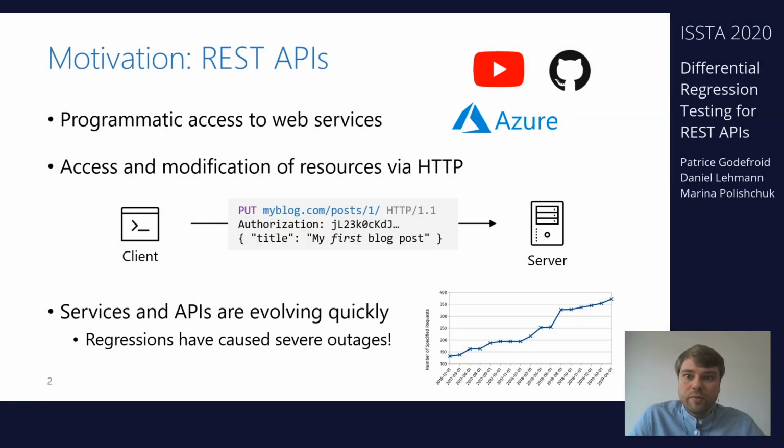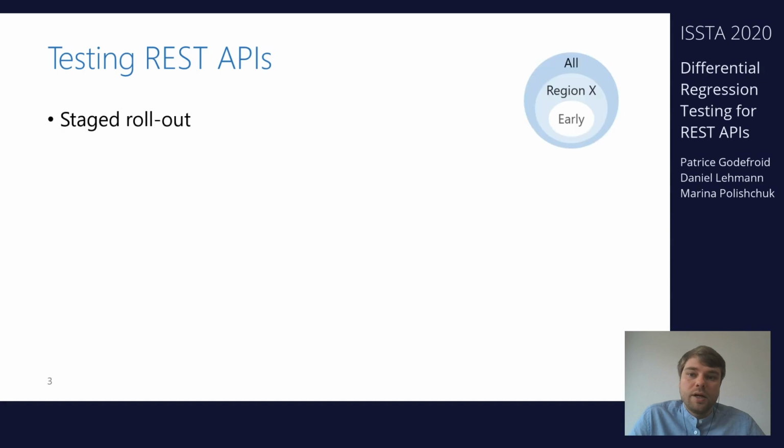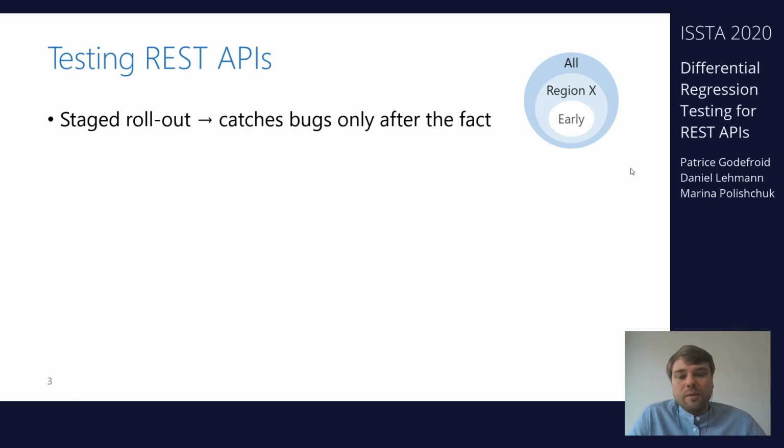One option to prevent breaking changes is a staged rollout, for example. You first make the API available to early adopter customers and only then roll it out to a certain region, and only finally make it available to all users of a public cloud. But this still has the problem that it catches bugs only after they have been introduced in production. This can cost a lot of developer time in the meantime, and potentially also money if you break service level